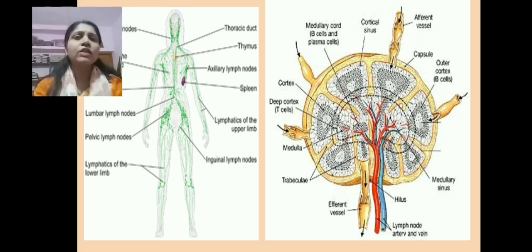So for that purpose, the cortex region of the lymph node, as it contains the B lymphocytic cells and there is absence of the T lymphocytic cells, is called the T cell independent region, because within that region there is absence of the T lymphocytic cell. In contrast, within the paracortex region, as there is preferential presence of the T lymphocytic cell, it is called the T cell dependent region.